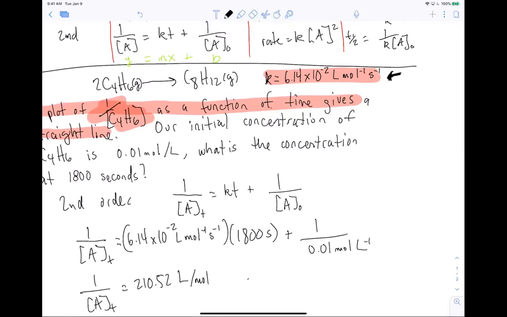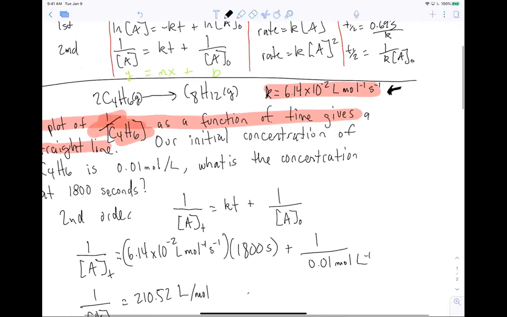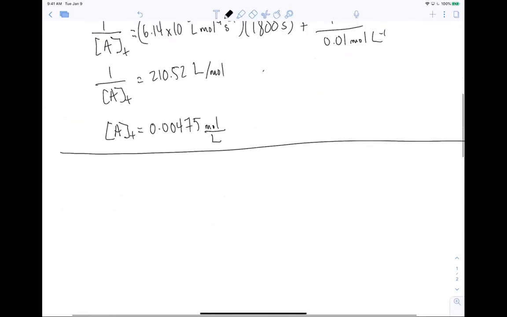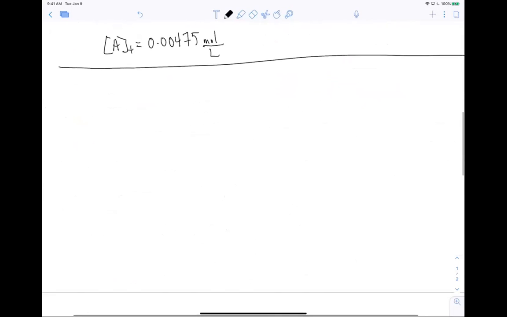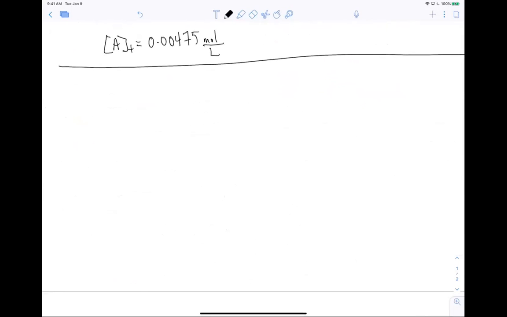If you go back to the last lecture, the place where we get K from is we look at this plot for the second order reaction, and you derive K by looking at the slope of that. But you can't derive K without having any kind of data. But in the most bare bones way that you are presented with these problems, for method of initial rates, you'll generally be given